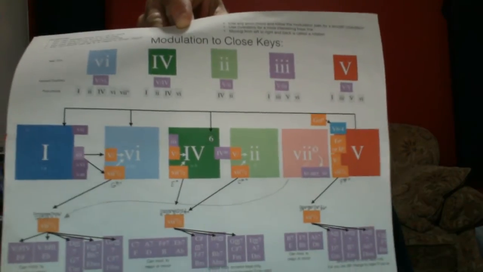But it shows you how to modulate to any of the closely related keys. And then down here, using diminished chords, you can modulate to just about every key. And it's because a diminished chord evenly divides the octave, right? And so by evenly dividing the octave, it's only a half step away from a bunch of 7th chords. And when you're a half step away from a 7th chord,